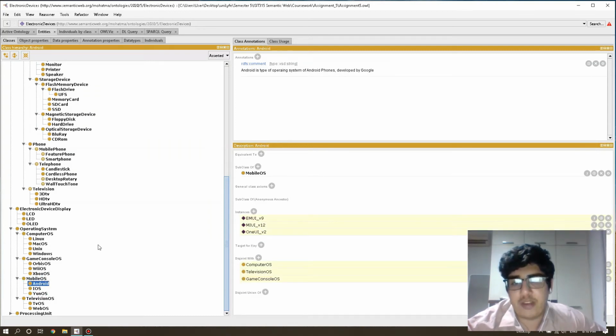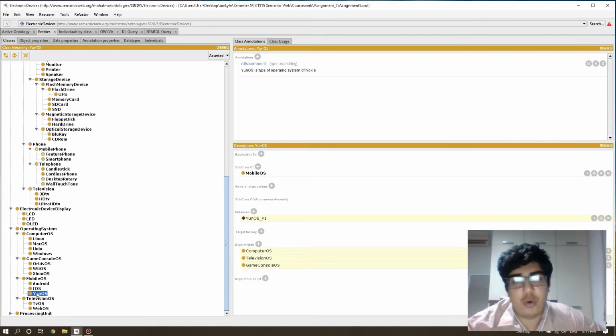For the Android, we have 3 different instances that the reasoner infers: the EMUI, which is for Huawei devices, the MIUI, which is for Xiaomi devices, and the One UI for OnePlus devices. For iOS, we have the version 11 that the reasoner infers. And for the UNOS, which is mainly for the feature phone, the Nokia 3310, the reasoner derived